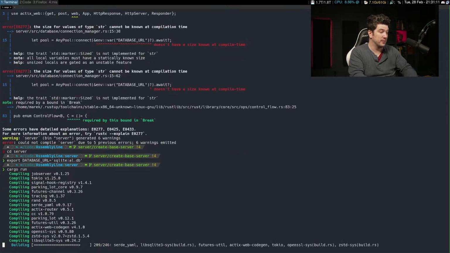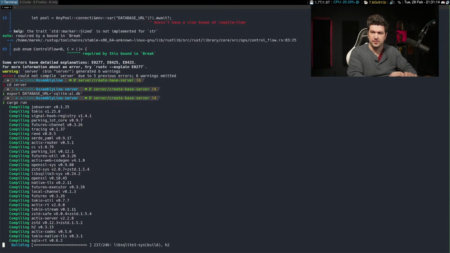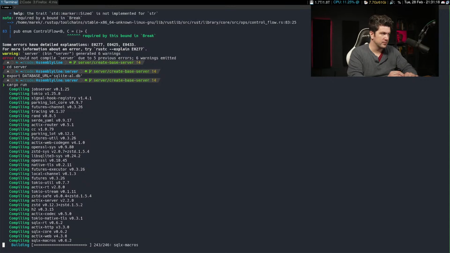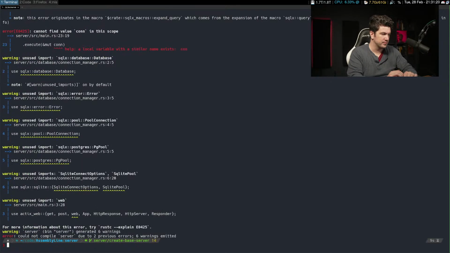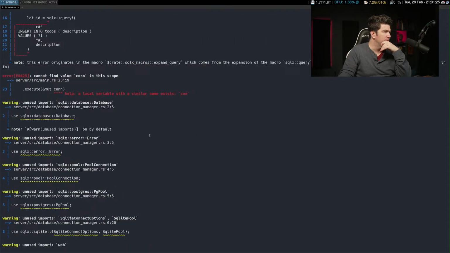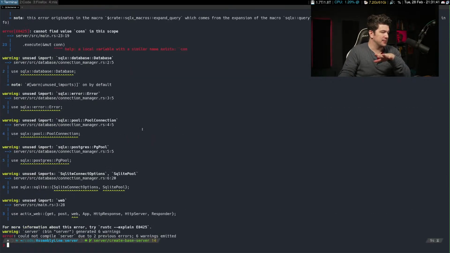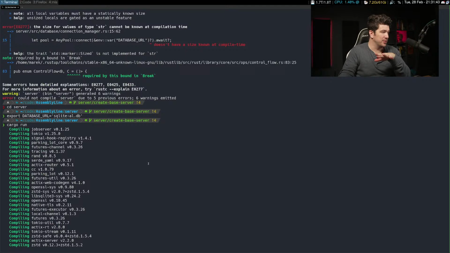We're going to run it. So it's still not able to. It has the right environment variable.